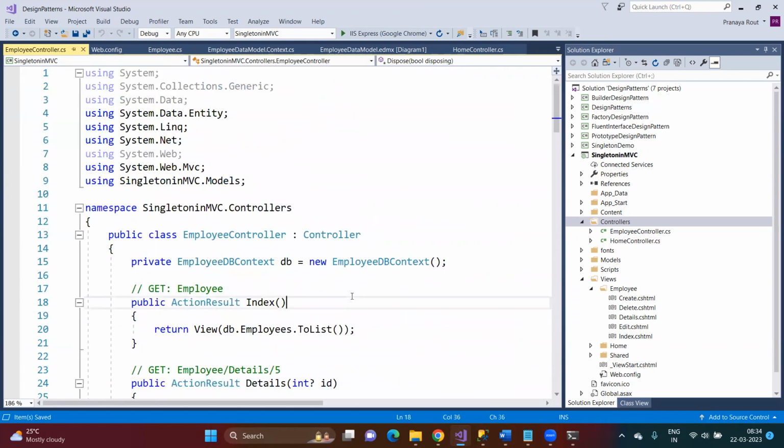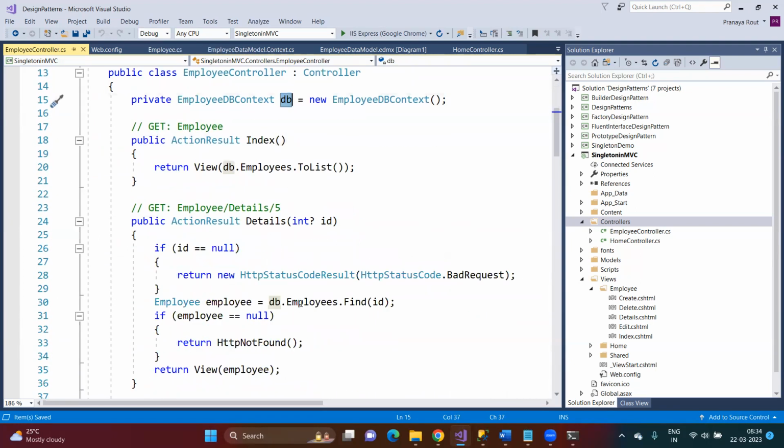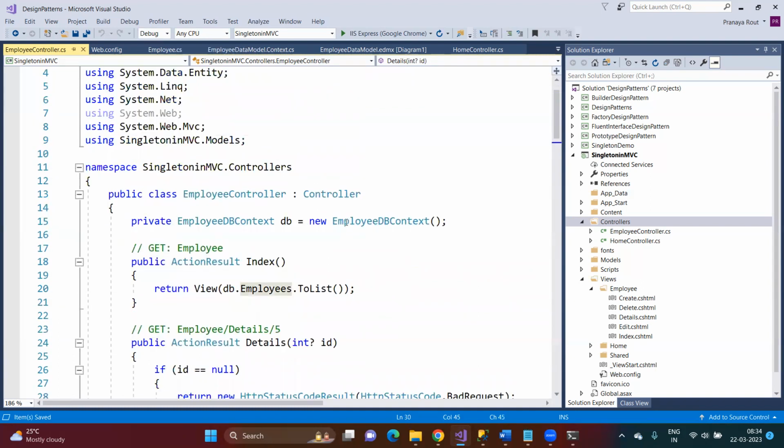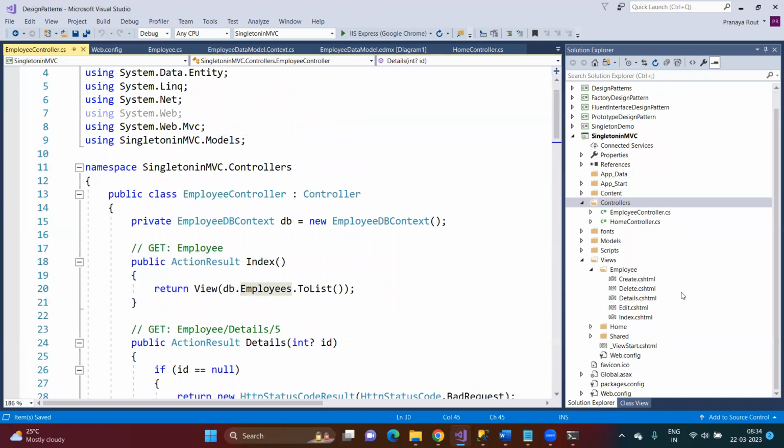So this is the default code which is generated, and you can see it is making use of a DB context. In this case, you can see it is fetching all the employees. In this case, whatever employee ID it received, that employee's information. I'm not going into the details of this method because we are not learning MVC here. And for each action method, you can see the corresponding view is there: index view, edit view, details view, delete view,